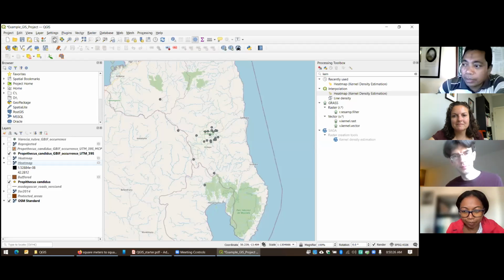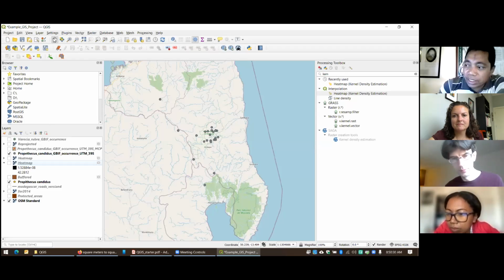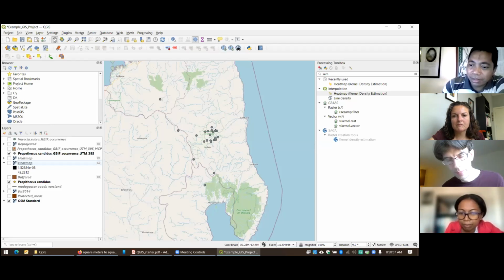My question is, if you use QGIS for calculating surface, you can calculate it directly with QGIS, and with MCP also you can calculate surface. So are they the same results or different? I think in MCP you can consider some of the data, but not the total of them, like 60% or 70%, sometimes 90%. Does it make sense? No.